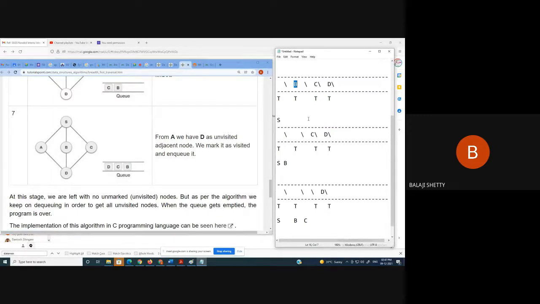When I delete the node, not only do I have to delete the node, but also I have to insert all the nodes that are adjacent to that node. Clear? What is the algorithm? Again I repeat, when I delete a node, I have to insert all the nodes that are adjacent to that node. So when I delete the C, adjacent to C is D, already D is inserted, its visited is true. Now next is delete the D.